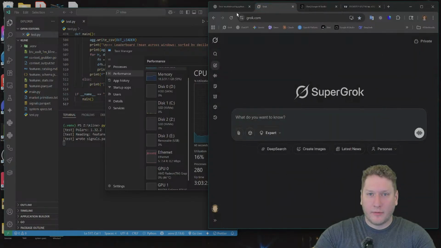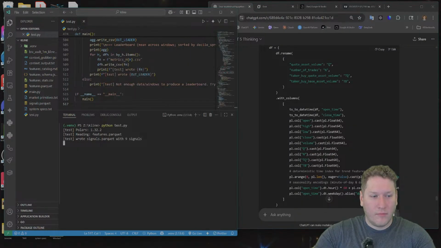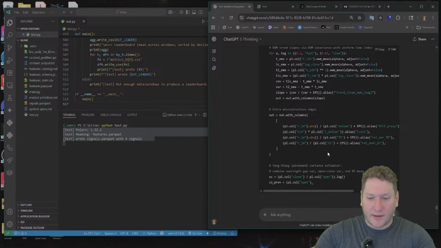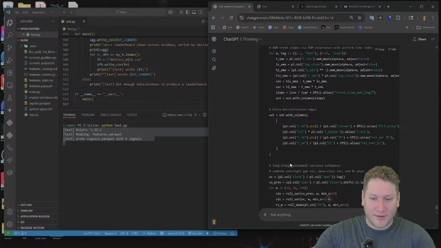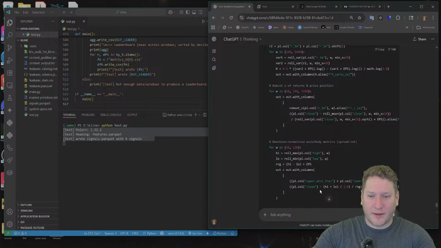Clear that out. Oh, here we go. Okay. Test is working. I repeat, test is working. Yang Zhang windowed variance estimator. Huh. What's this on about here?